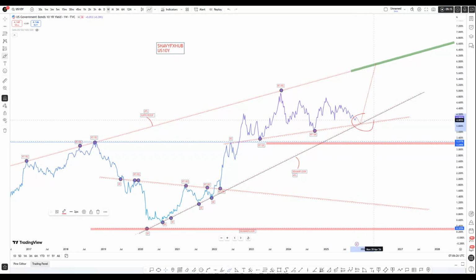We have a strong demand floor at this area. So when price returns here, there's going to be a double confluence where an ascending trend line meets an ascending trend line, creating a high probability buy trade. And from here, I would like to buy US 10-year treasury bond yield at this level, hoping that we go back to clean this correction. This is a corrective wave. You can see we have here RTRS1, RTRS2, RTRS3, RTRS4, and we have seen a correction and price continue to surge into 5.57%. This is my perspective based on the